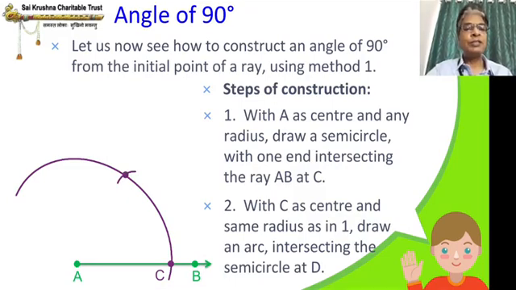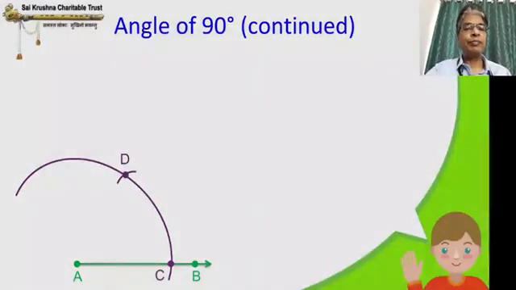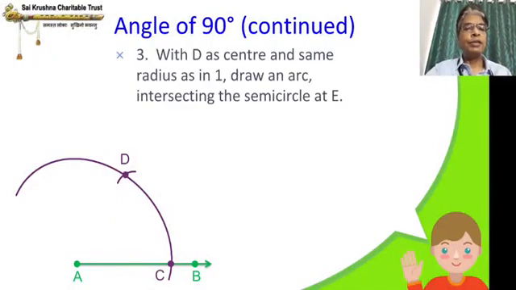Let's go to the next page. If you have doubt, pause the video, draw the diagram, and then go to the next page. Now with D as center again, one more arc E. So now we have seen AC, AD, AE, all three are equal. So I am sure now CD and DE are also equal. So I am sure all of you would have got it by now what we are trying to do.